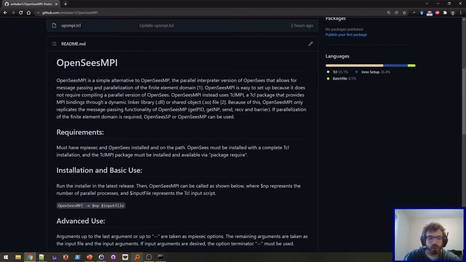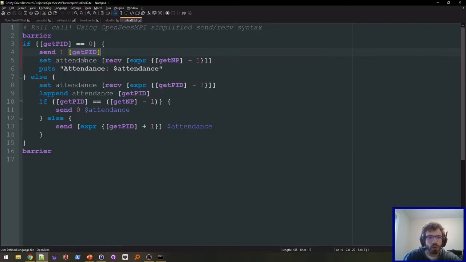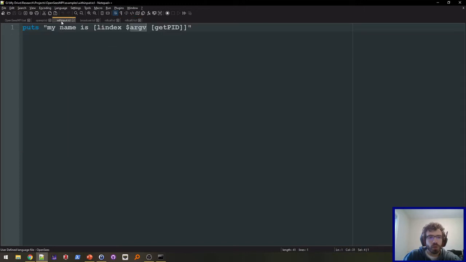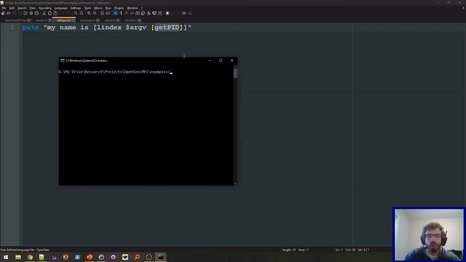So I'm just going to quick show some examples for that. So first of all, go to the with input here. So this is just a really simple Tcl script. It just says my name is, and then I take the index of the input arguments based off of the process ID number. So I'm just going to open up a command window here,